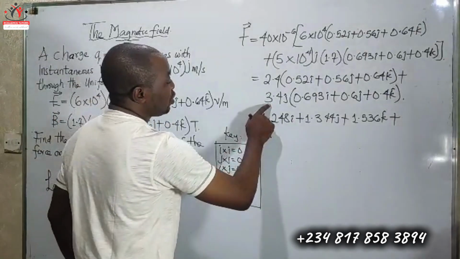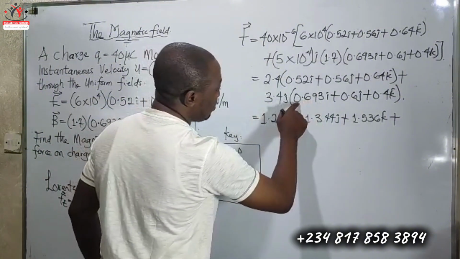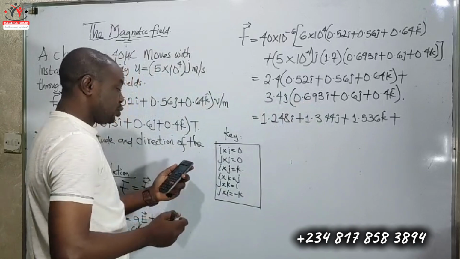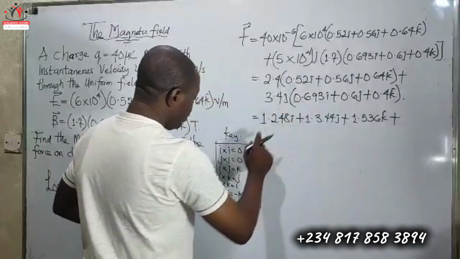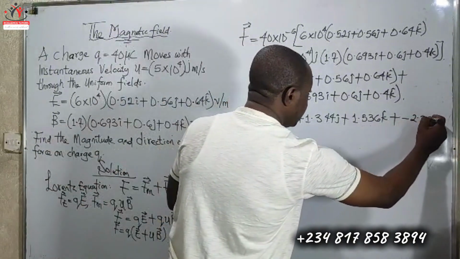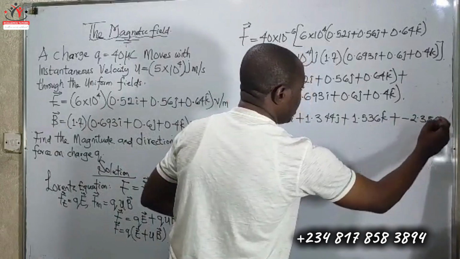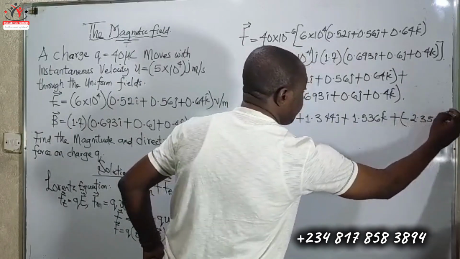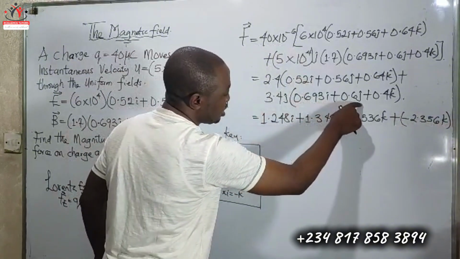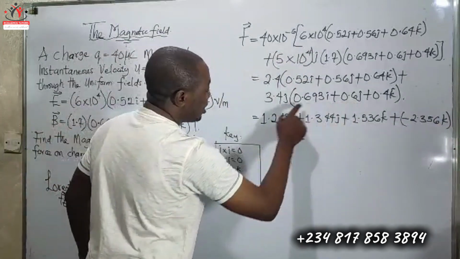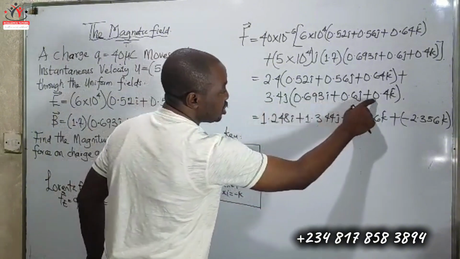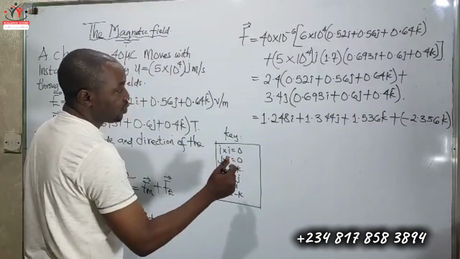So in this case, when we have 3.4j multiplied by 0.693, 3.4 multiplied by 0.693 will be 2.356. We know that j times i is negative k, so we have negative 2.356k. Now also when we multiply 3.4j by 0.6j, that will be 0 because we know that j times j is 0. Then when we multiply 3.4j by 0.4k, we know that j times k is i. So we then have